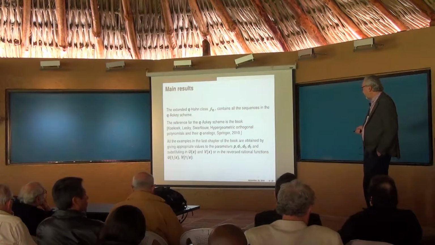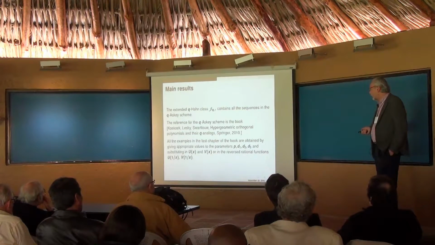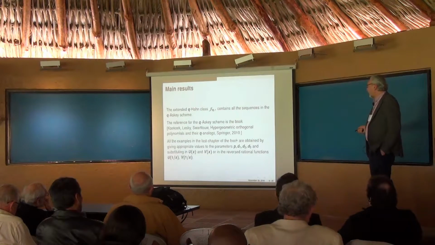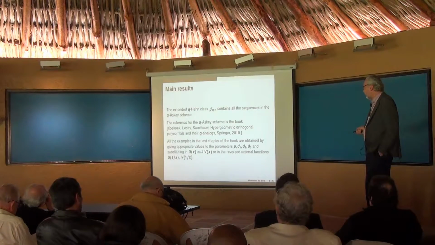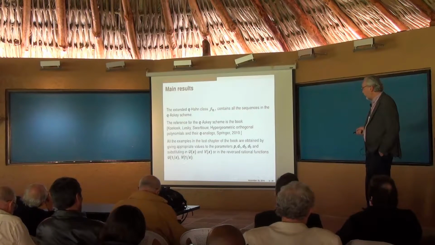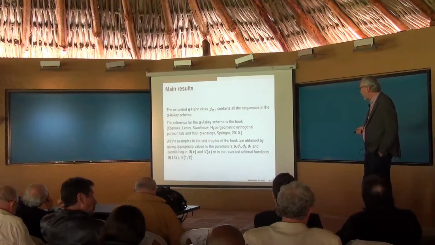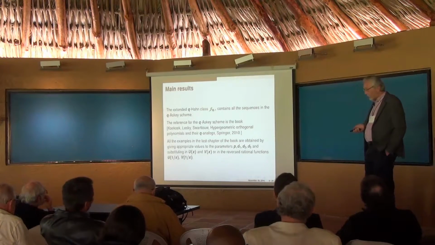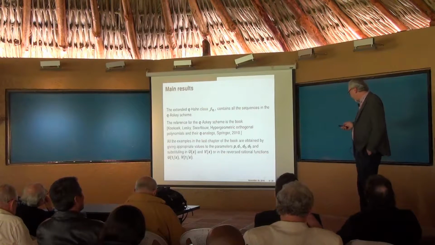Those are all the most general q-orthogonal polynomials in the q-Askey scheme, and just giving values to the parameters and substituting in the rational functions, or sometimes it's easier to work with the reverse functions to deal with zeros and poles at infinity. So we get all the sequences, including Askey-Wilson, Racah, and q-Racah.